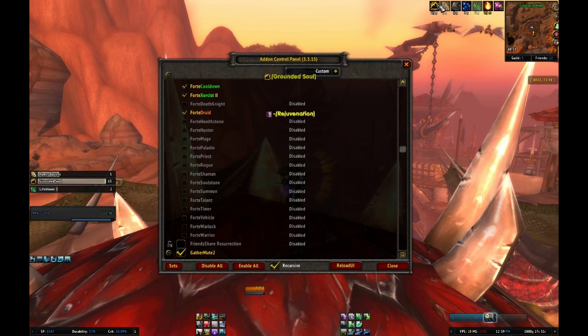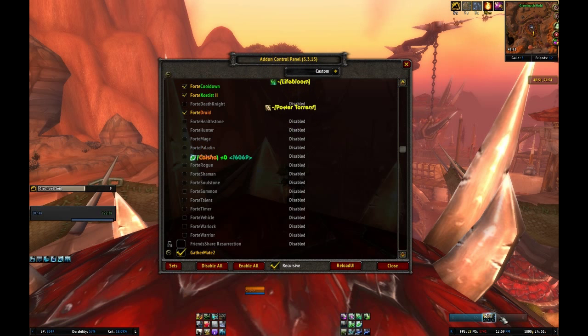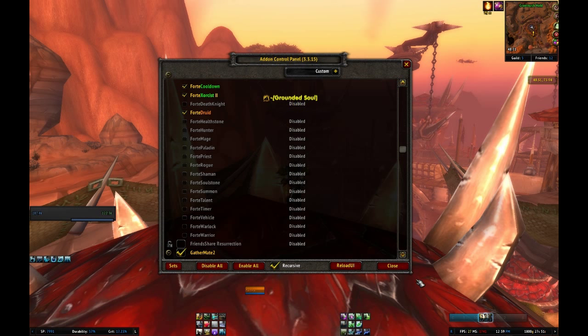I don't really use anything else besides this little bar right here. It tracks internal cooldowns as well as external cooldowns. So you see how I have Power Torrent and Nature's Grace. Okay, it tracks the internal cooldown. Now I have separate things for buffs up here and right here, but these track the internal cooldowns, which are